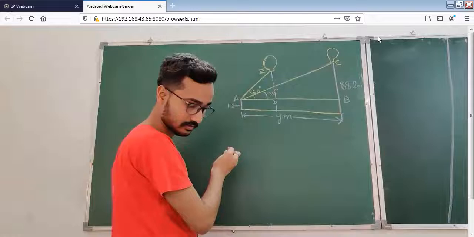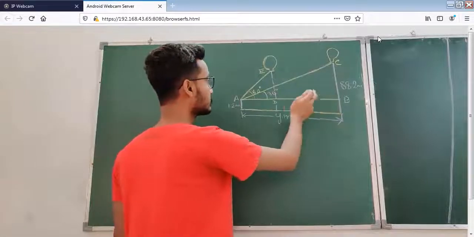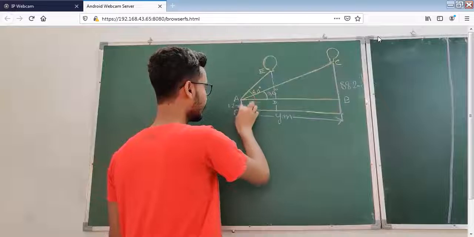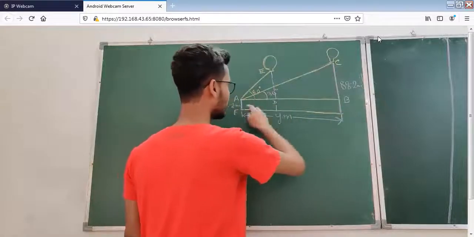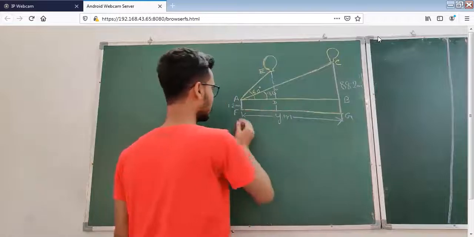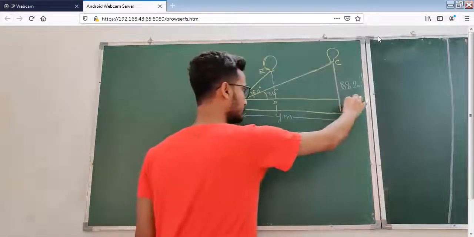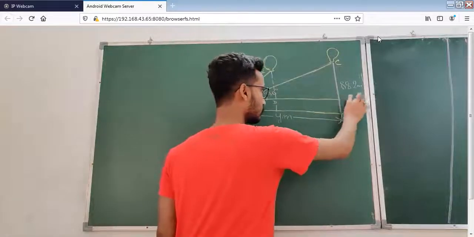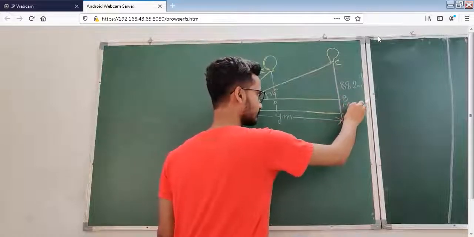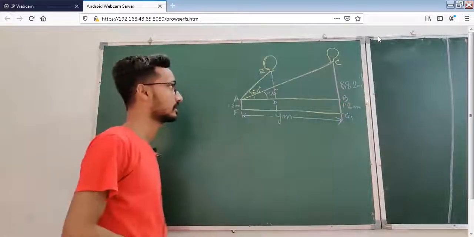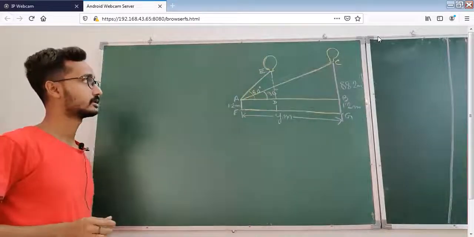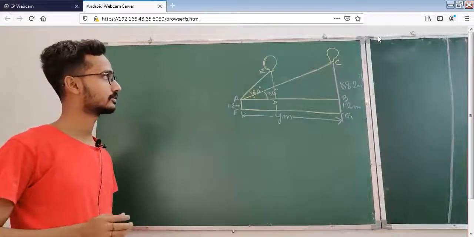Now see this one. Suppose this is your A, B, C, D. Suppose this is the F point. Now see, suppose this is your A, B, C, F, G point. Now see, this is one rectangle. Yes or no? Now this distance AF will be equal to BG. So BG will also be equal to 1.2 meter. Clear up to this? All of you draw the figure in your copy.